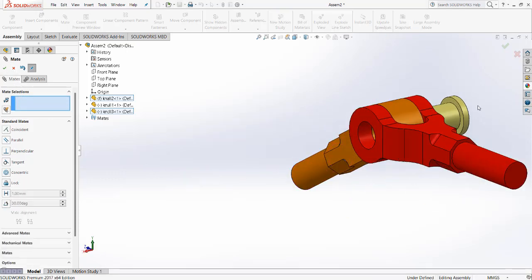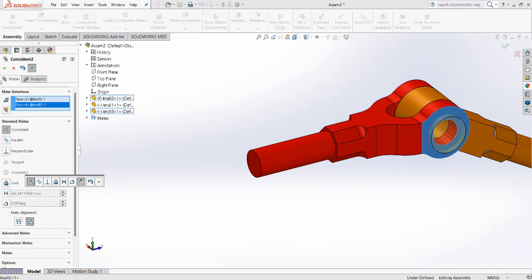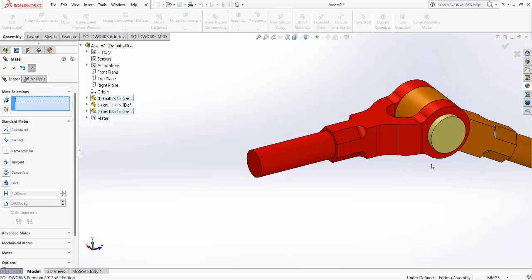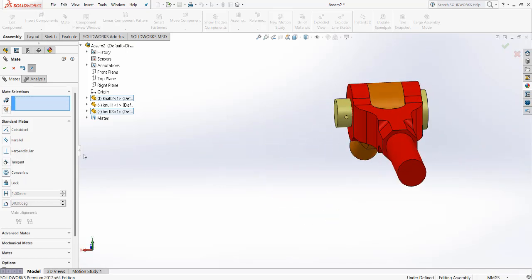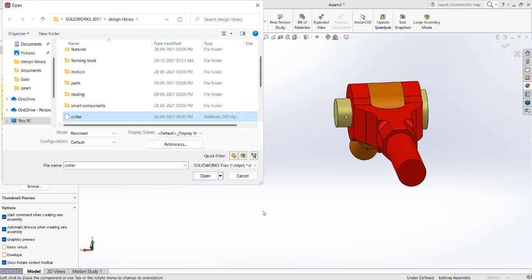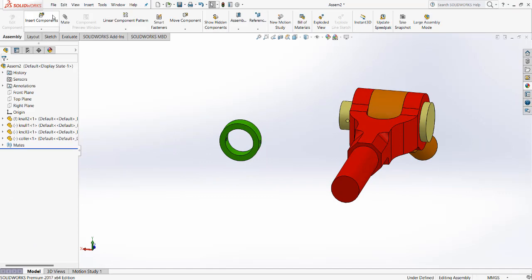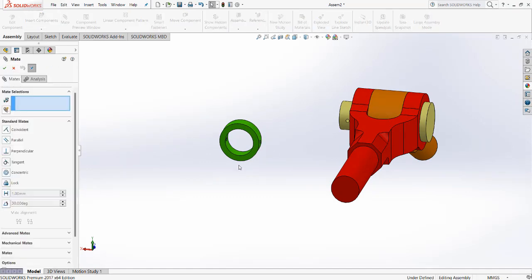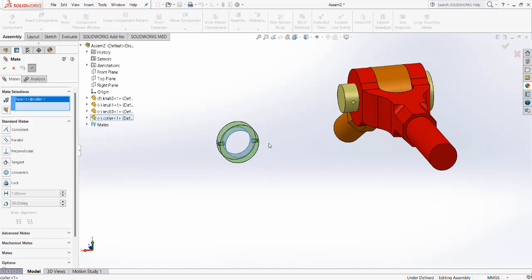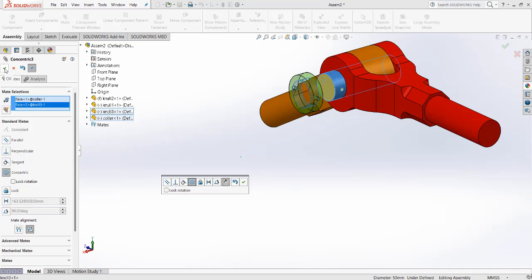Again we mate this surface and the surface of the knuckle joint. Okay, and now we have to mate, insert collar, open like this. Okay, we have to mate this collar, choose this center and this surface. Okay,